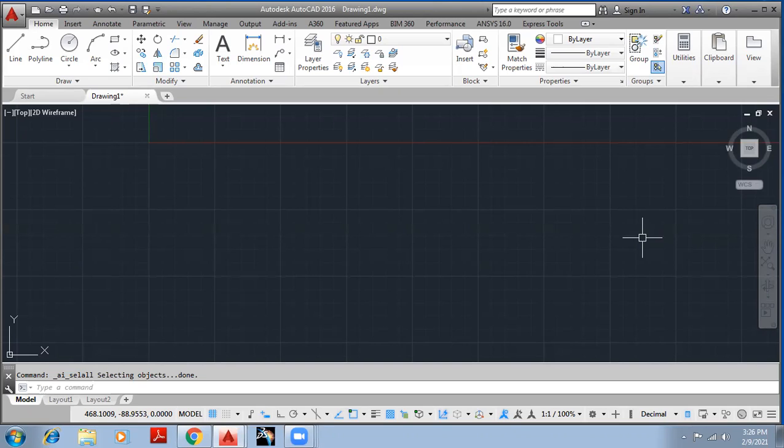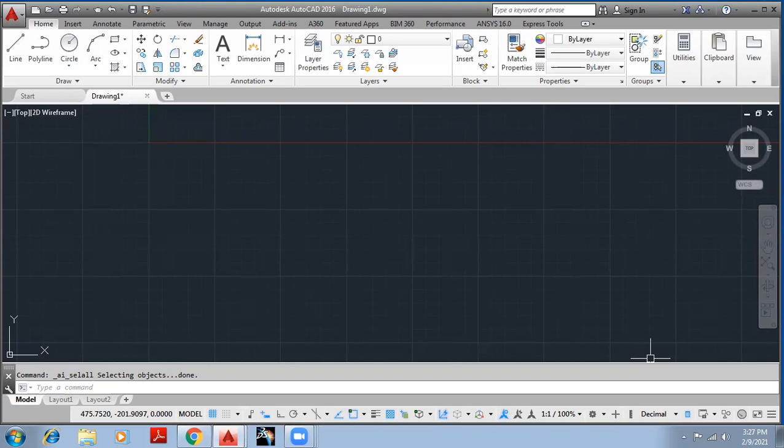So how to switch between these three workspaces? Actually, AutoCAD has these three workspaces in the case of mechanical engineering. The very first one is Drafting and Annotation, the second one is 3D Basics, and the third one is 3D Modeling. There is no big difference between 3D Basics and 3D Modeling, just a difference of tools. 3D Basics has very limited tools, and 3D Modeling has more than the basic tools.